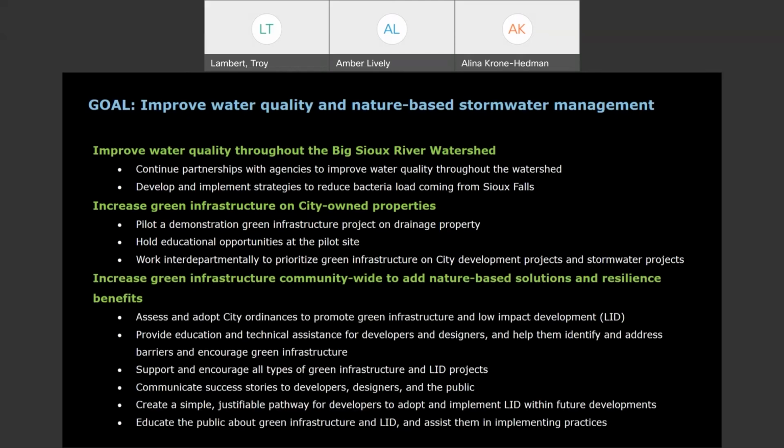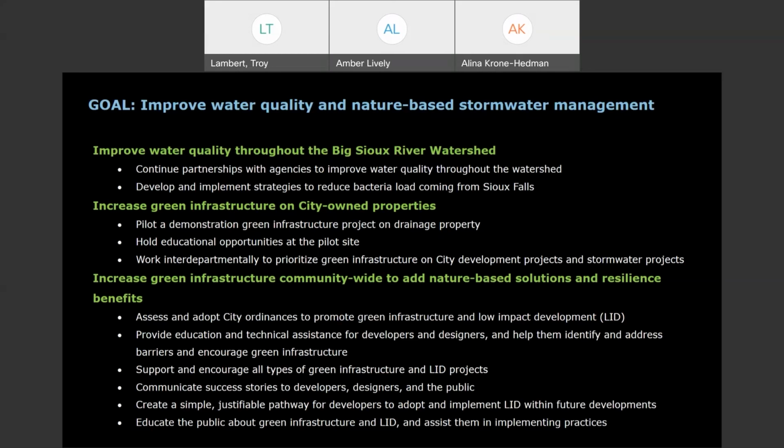All right. Increase green infrastructure community-wide to add nature-based solutions and resilience benefits. So this one is very community-oriented, whereas the prior one is on city-owned property. We want to assess and adopt city ordinances to promote green infrastructure, provide more education and technical assistance to the folks who are actually putting this in on the ground or who will be.